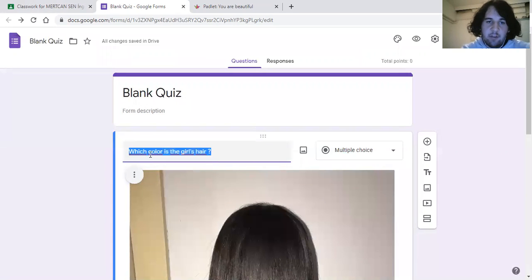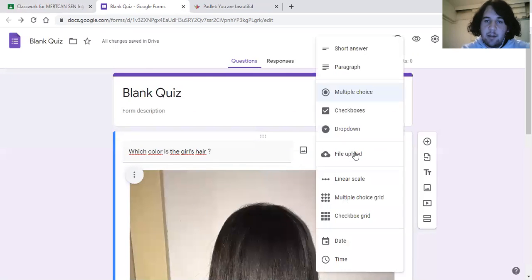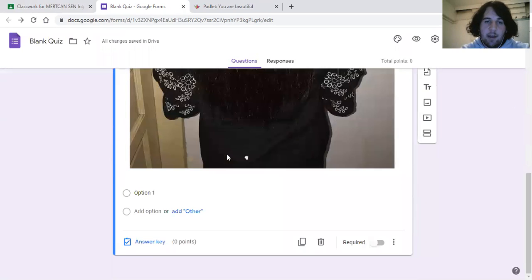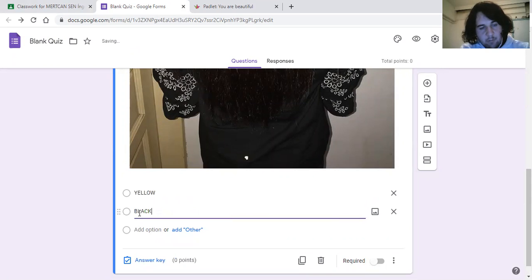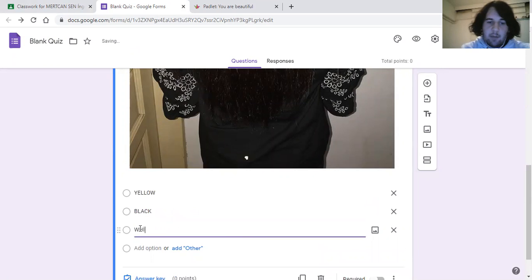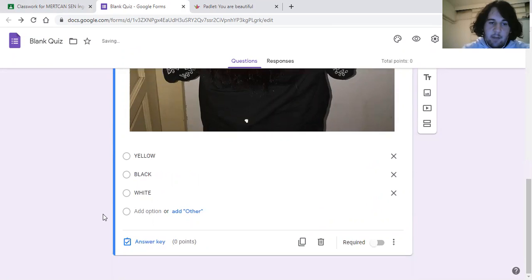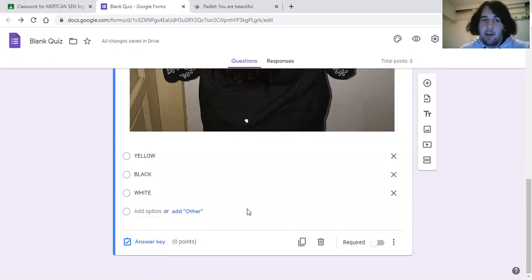We can write the question here, and we can set multiple choice or short answer, whatever we want, but I want to choose the multiple choice. And I want to write my answers here. It's yellow, it's black, option 2, it's white maybe. I think that's enough. And before I continue with another question,